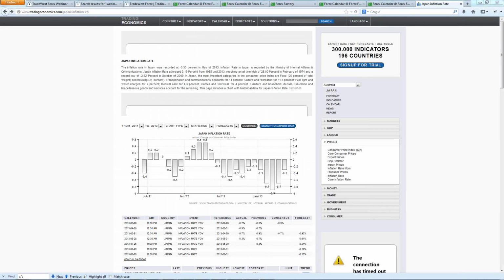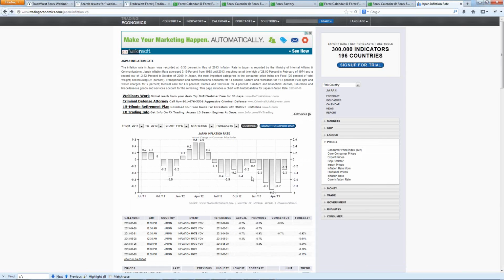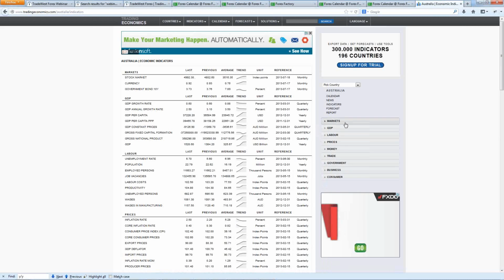Okay, we just lost sound there for a minute, so everything's back now. Okay, so let me go ahead and go back to that. Then we can go back to Australia, and instead of using CPI, that's what we had to look for on Forex Factory, I'll just go to actual inflation rate. That'll give us the yearly and actually more of what we're looking for. And then I can go pick the country. I can go to Australia, and we can see,